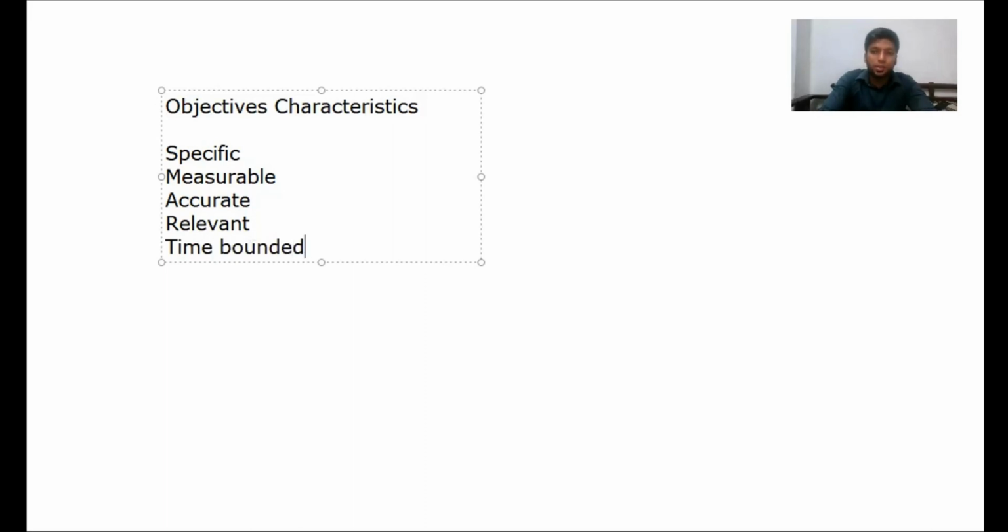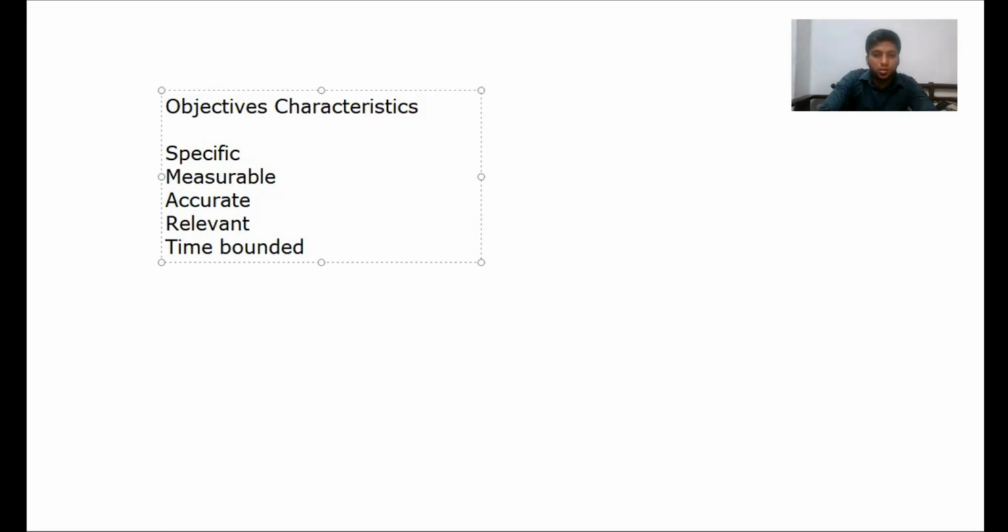Specific is something you need to be focused on when you are setting a target. Measurable, you can achieve the success and you can see how much you can achieve. Accurate, is it fully focused on the particular thing? Relevant, is it actually relevant for you to take a decision? Is it something essential? Time bounded, how much time period to achieve that target? So an objective should be set considering all these five factors, which is SMART. Without SMART you can't set an objective. So let me move on to the text